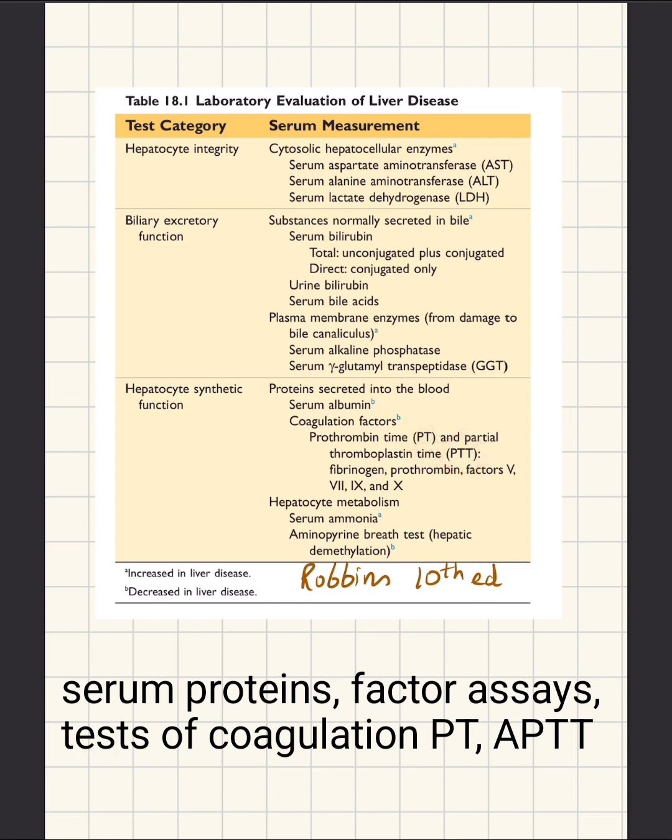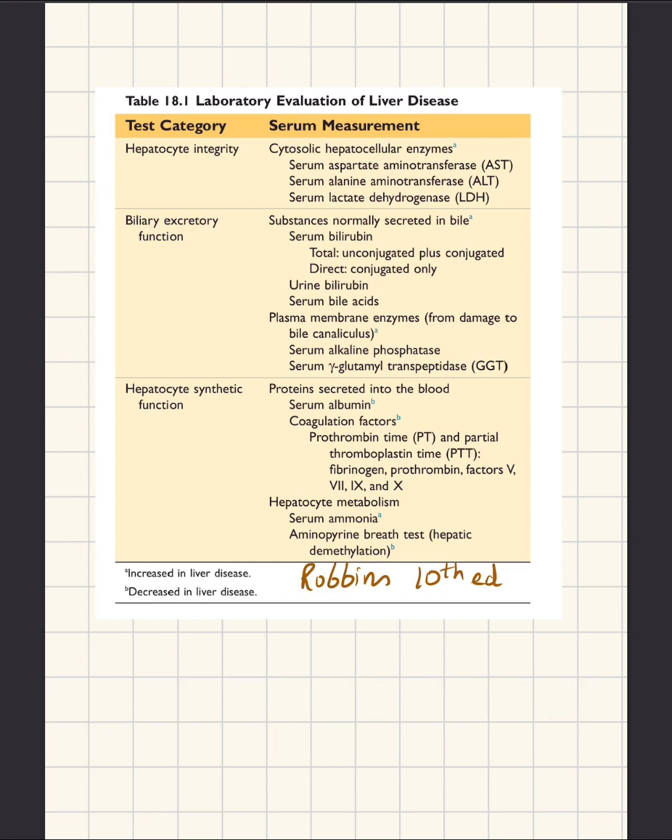These will also help us to estimate the function of the liver. Then for hepatic metabolism, we can estimate the ammonia levels in the serum. So this was all about the basics of the liver, anatomy, and histology, and after that I will be starting with